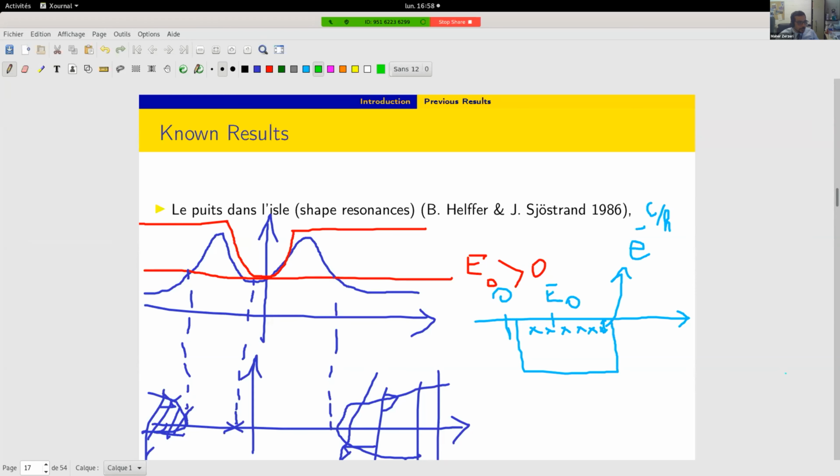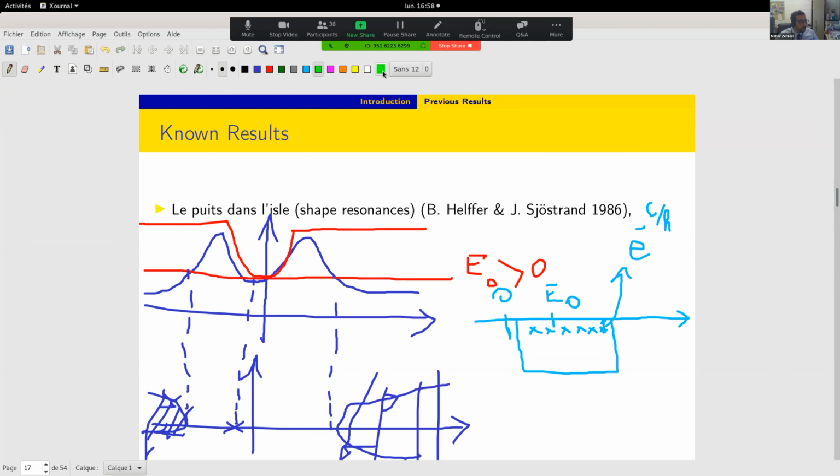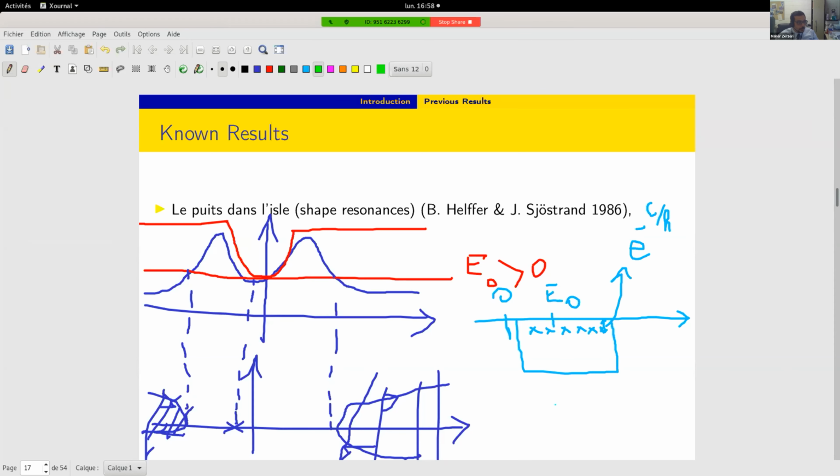So this is roughly speaking. So this color is not good at all. Okay. This is the eigenvalue associated to the Dirichlet. And this is the tunnel effect also. Okay, because the resonance state here is approximate, but we call